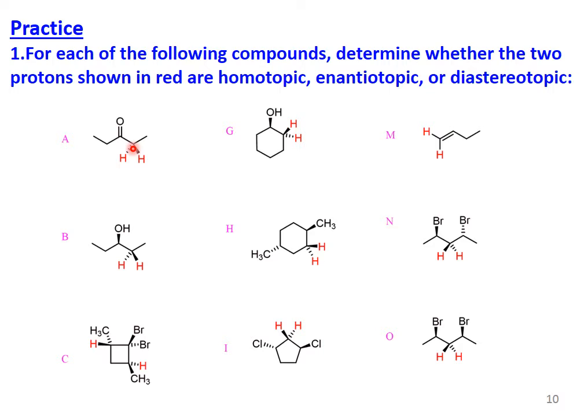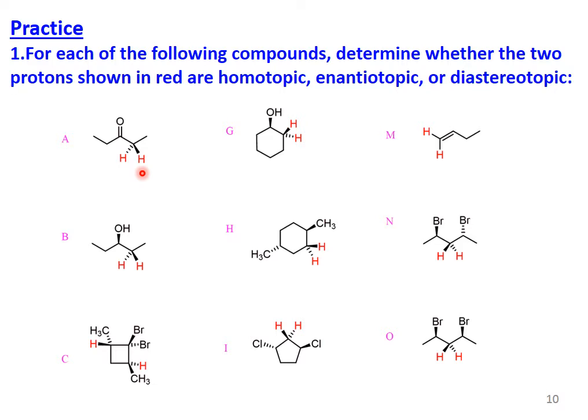Similarly, in B, it contains a nearby chiral center. This is the prochiral center. It is very clear that the two protons are diastereotopic, because of the concept I explained in previous slides on diastereotopic: a nearby chiral center is present. By replacing any one hydrogen, it results in another chiral center, then you calculate the configuration. Then you can see that the two protons are diastereotopic.